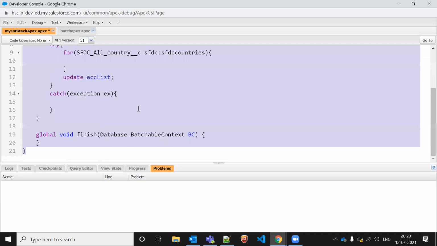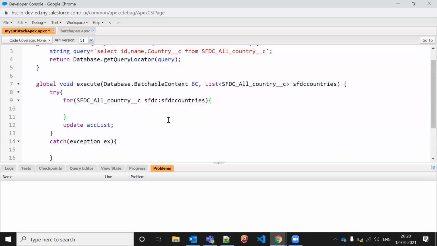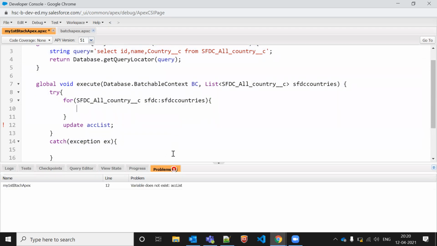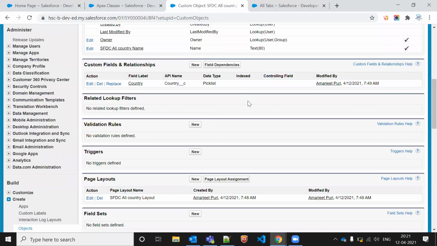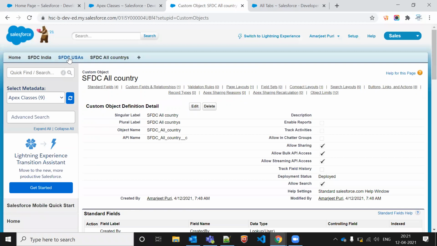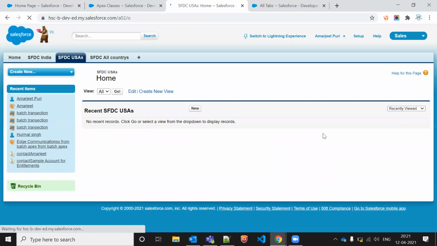Accordingly, whatever data we have should come into this one. What we will do is try to transfer records from this one to another one. So let's go to USA first, SFDC USA.